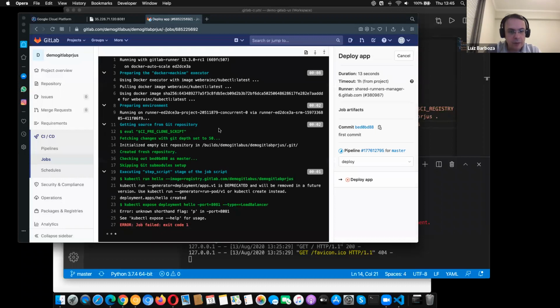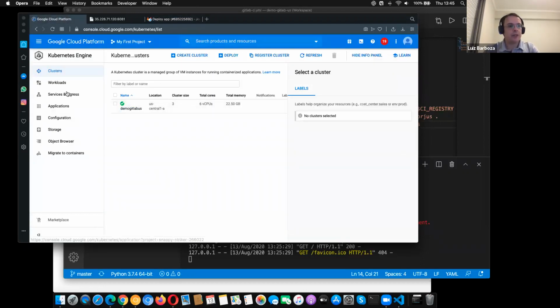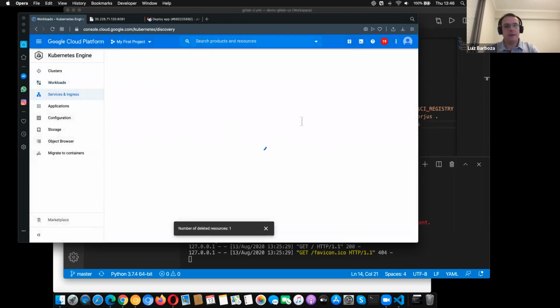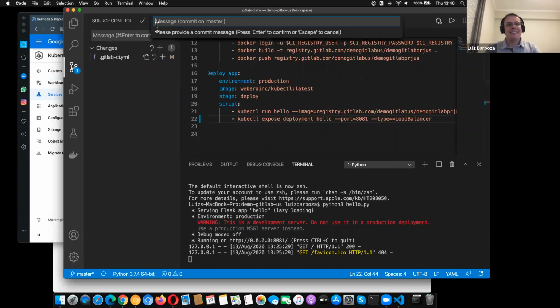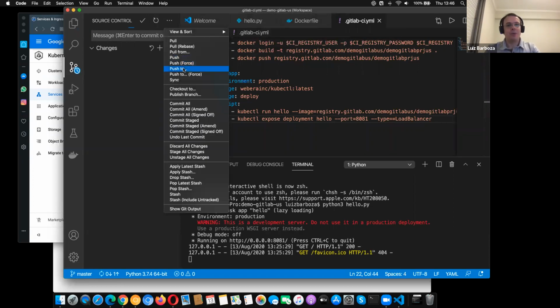Oh, I typed something wrong. It's double dash over there. Let me see if he put anything here. Let me erase whatever he puts. Yeah. So here it's a single dash. That's the kind of detail that I was talking about. So let's commit to this version and push it to the remote